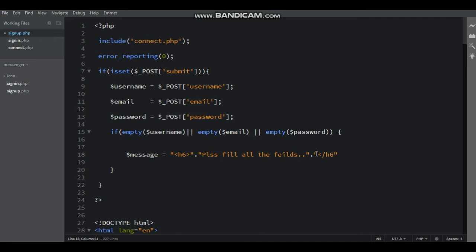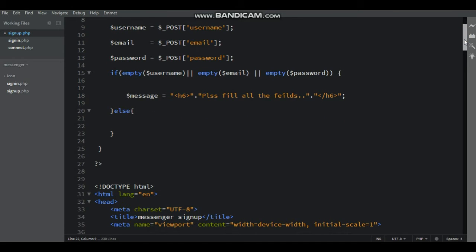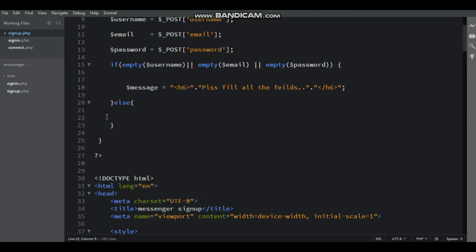Close with dot and close with h6 tag within double quote. Then lastly close with semicolon. And then if else, inside else function, inside flower bracket